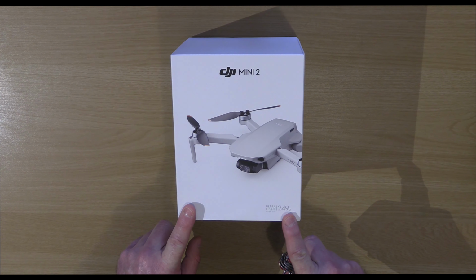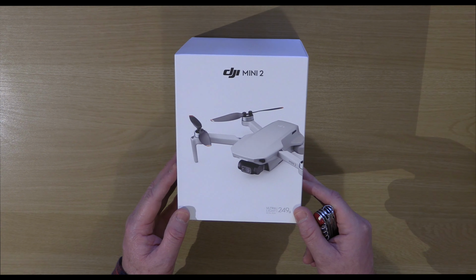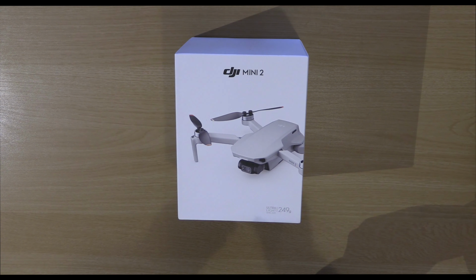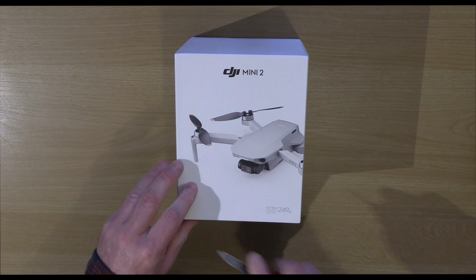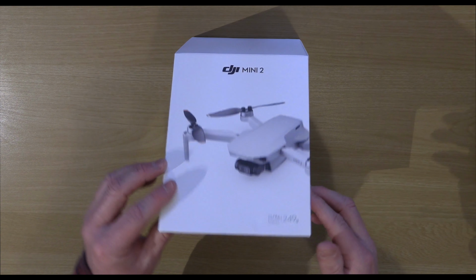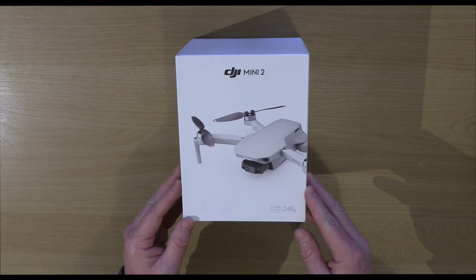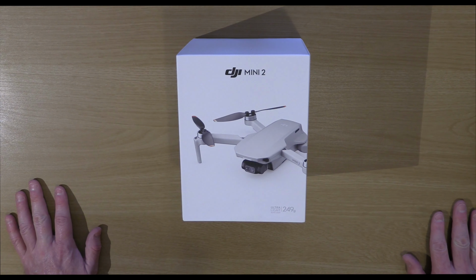First thing is the influence of Apple on boxes nowadays is incredible. Every box is just beautifully made, and this is no exception. So the first thing I need to do is to cut it open, or rather make a cut there. Yeah, look inside in a second, but as I was saying, a DJI Mini 2 drone,